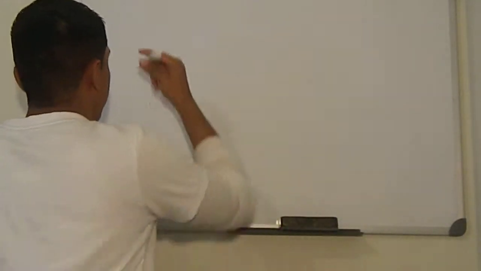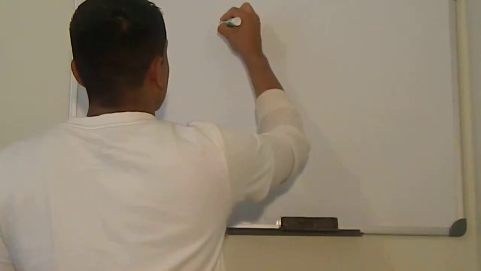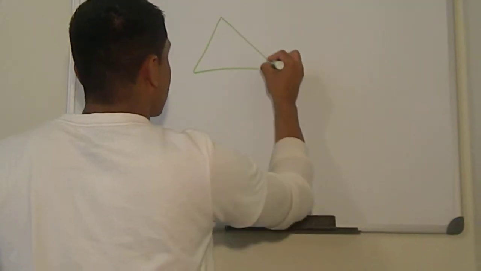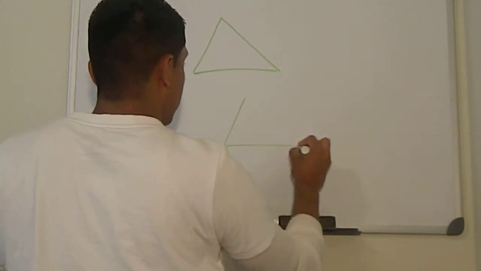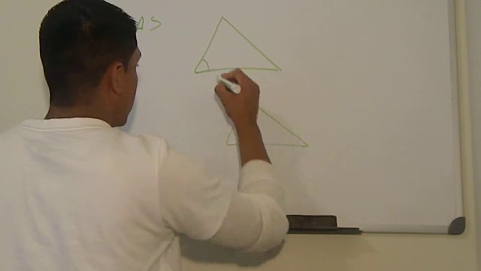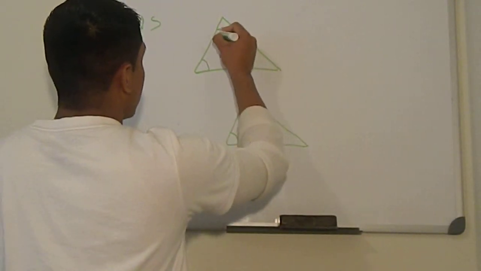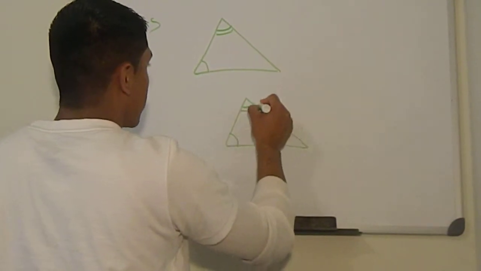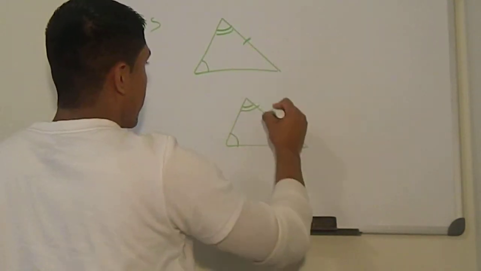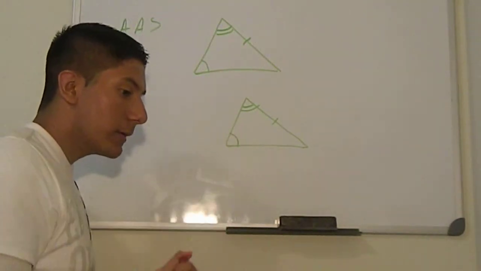Angle, angle, side. So let's have this triangle and this triangle. Let's say that this angle and this angle are the same. This angle and this angle are the same, and this side and this side are the same. Now, based on this,